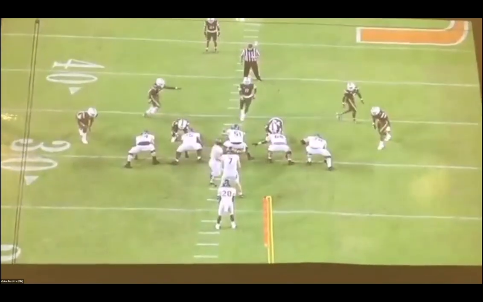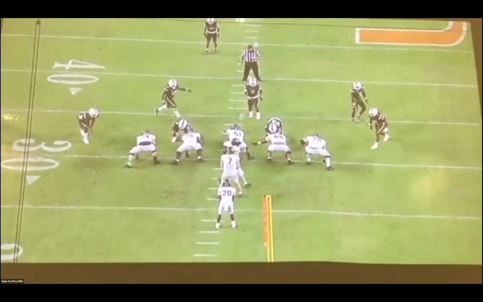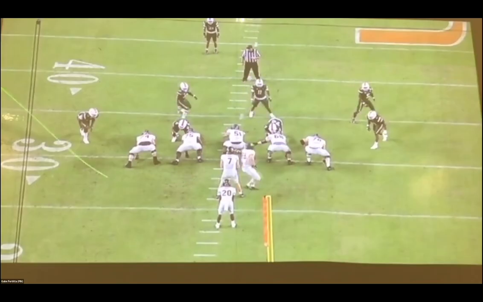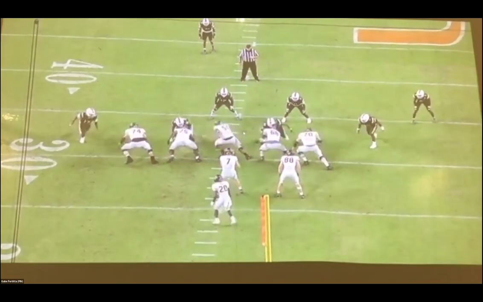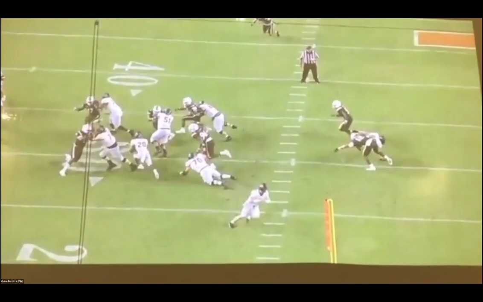Keep running your feet. What would be bad is if we said, oh, he's way wide, and I took this really deep step and turned and ran around him to reach him, and he just went inside of me, and I don't have the guard coming with me. And now he's in the running back's face, and the running back cannot stay on his track. That can't happen. So that is the